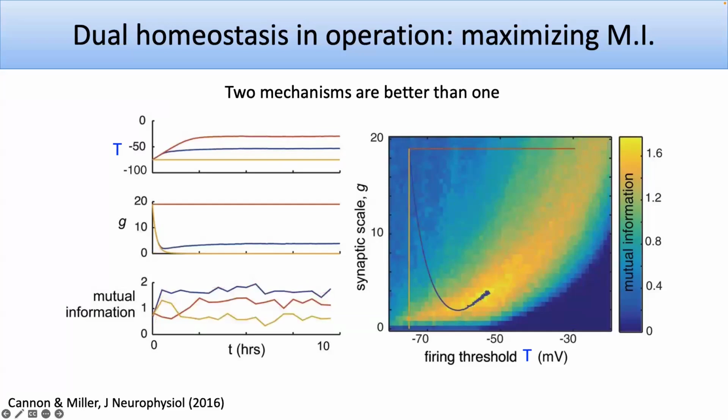And the other thing, just showing that if you start from a random initial condition, then if you only have one mechanism, you could only be going along one of these axes. Or if there's a combination, you could be going in a diagonal. But with two mechanisms, you can basically optimize in 2D. If you only have one mechanism, you're just seeing wherever you cut. It's kind of 1D. Okay.